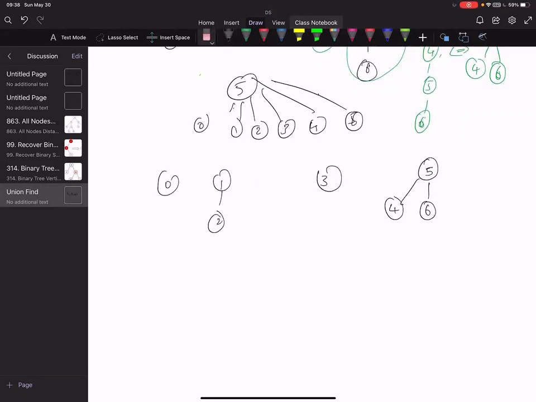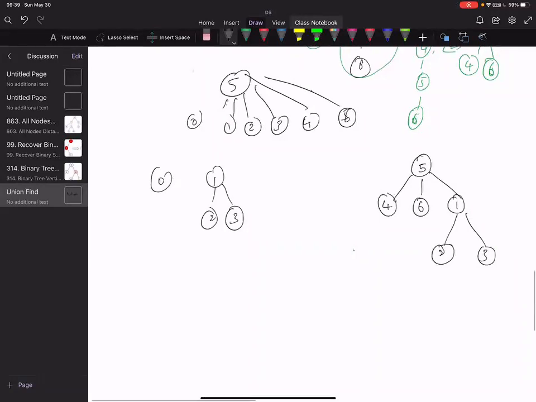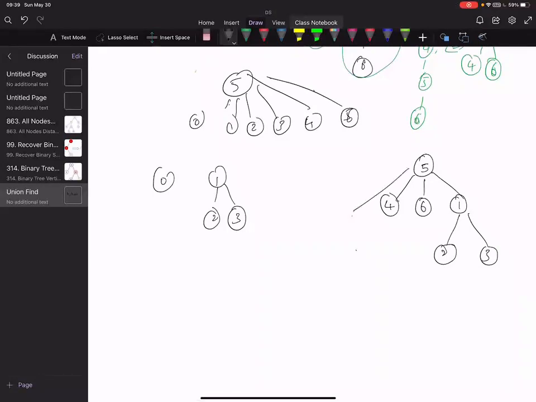Now let's connect 3 and 2. Now let's connect 1 and 5. What would happen? 1 will be a child of 5. Now let's connect 0 and 2 or whatever. So basically we will go to 5 and put 0 here.